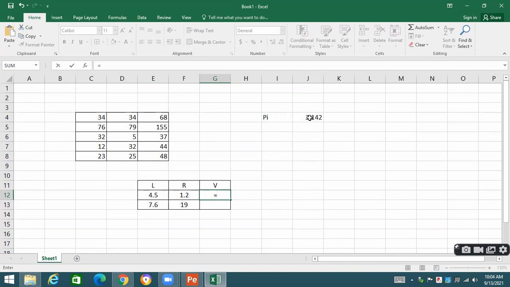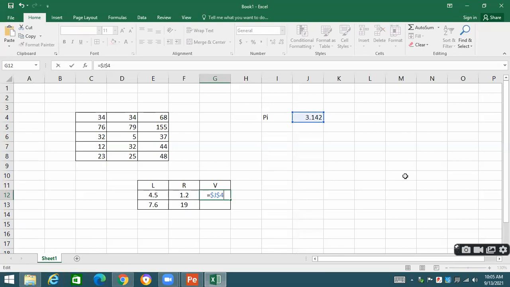Okay. If I take it in this way, J4, so J4 will come and it will be changed when I drag the formula. It will not be applied in a proper way, you know. So what I will have to do is apply a dollar sign before the J and a dollar sign before the 4. Dollar J, dollar 4. Now this is going to make it an absolute fixed value of this cell.